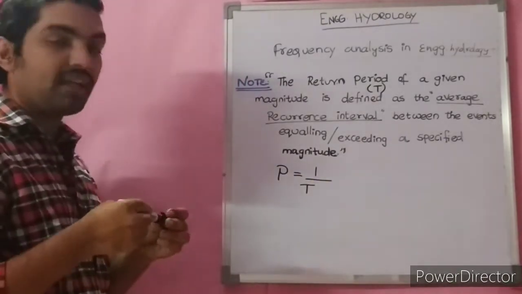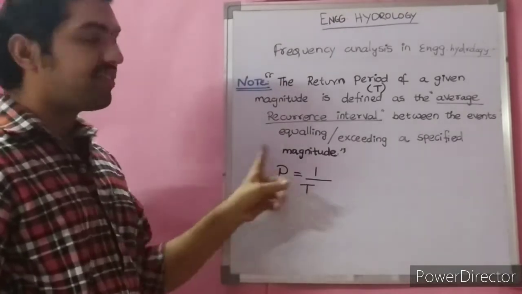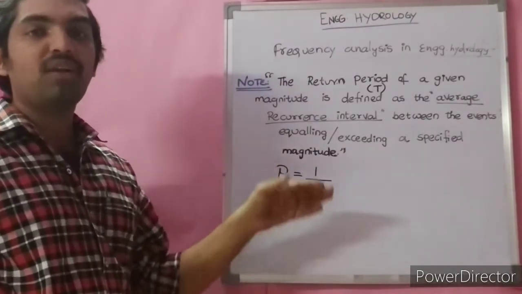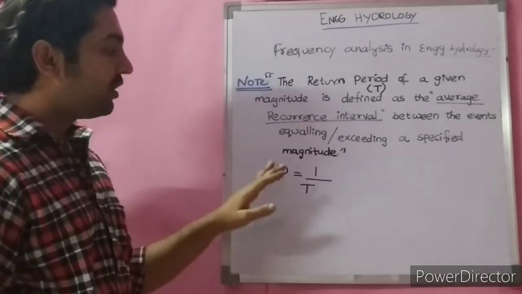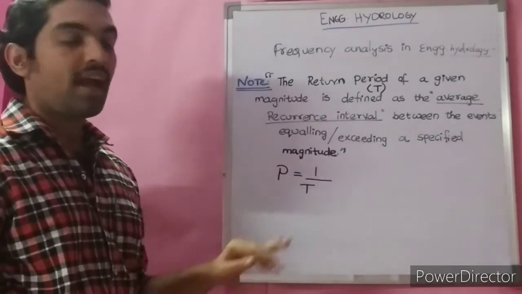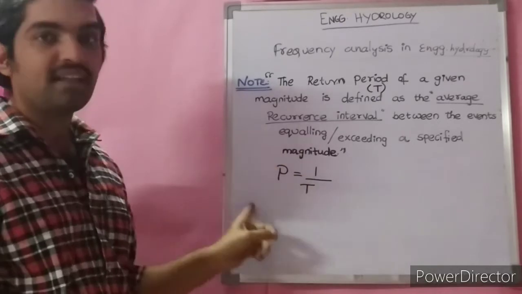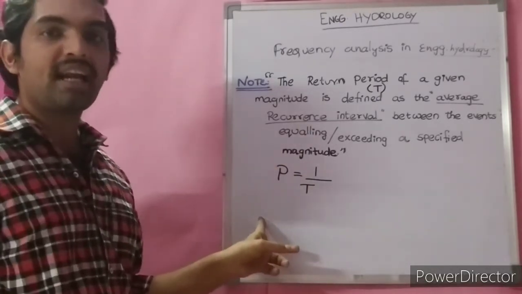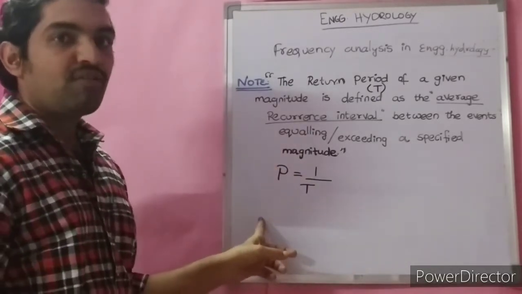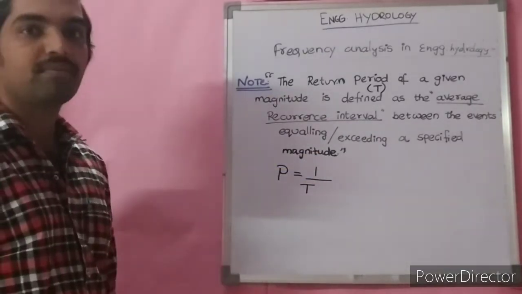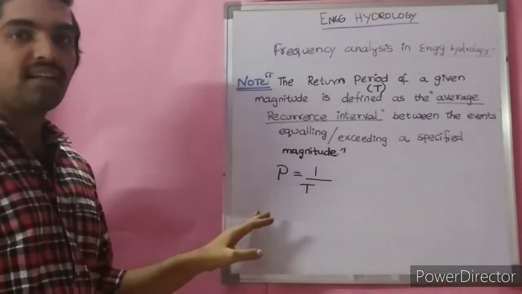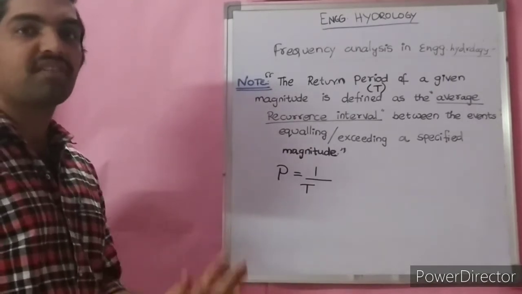This is the probability. How did this equation come? This equation came by using the principles of statistics and probability. So derivations are not necessary, and the derivation of this expression is beyond the undergraduate syllabus. If you do post-graduation, then only you will understand the derivation. At this level, derivation is not required, even for the IES exam.